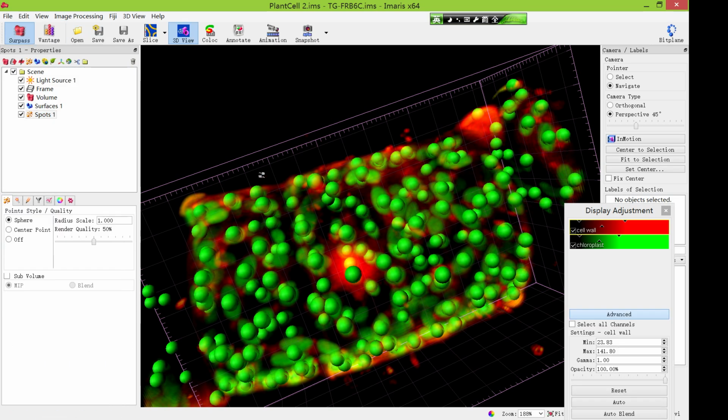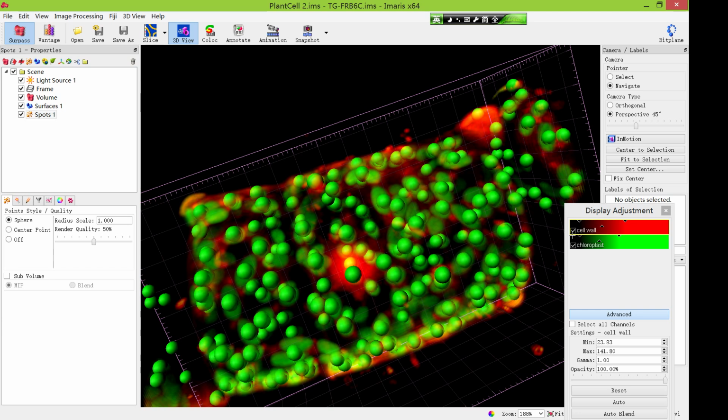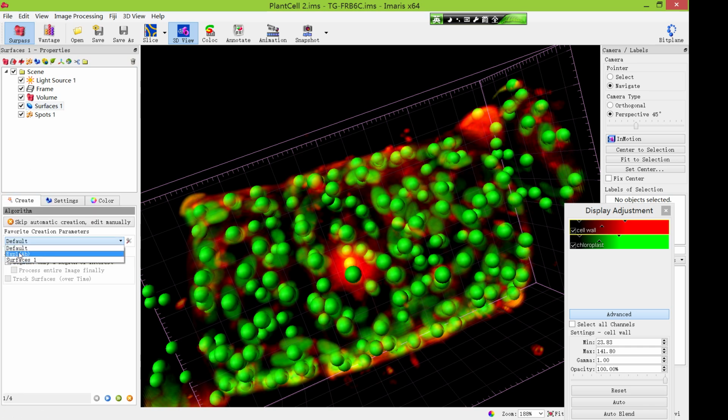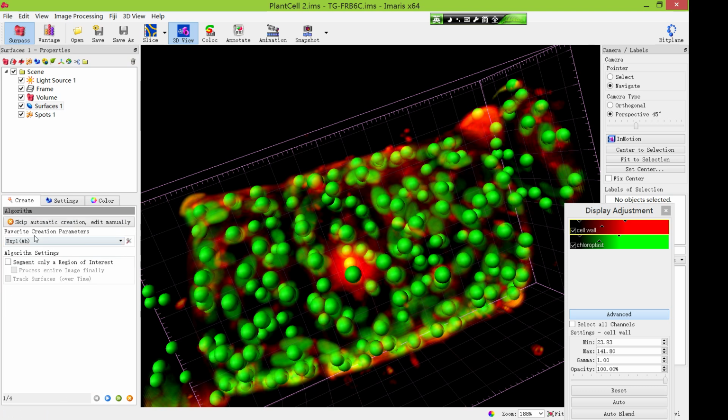So the next thing is about each experiment, because in each experiment the antibody is different. If for the next experiment the antibody is different, and you want to reuse the experiment 1 parameters, it may not be good, because the channel may be different in another experiment. So you had better start from the default, and do this for your new experiment on one file,